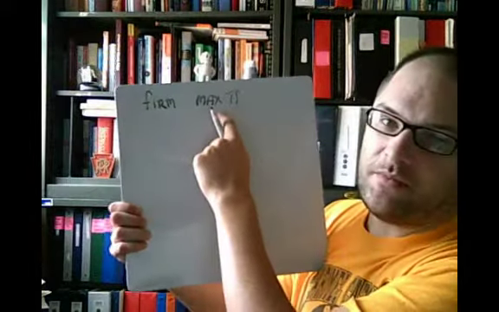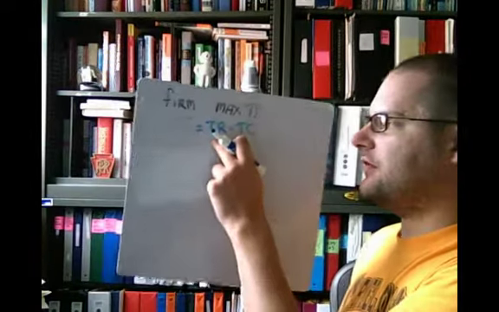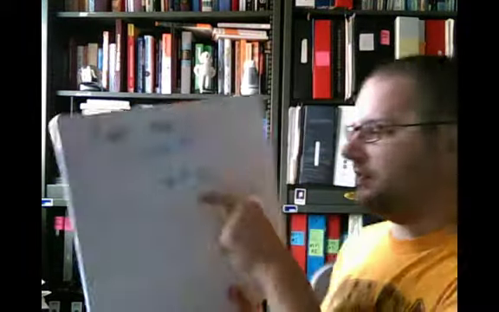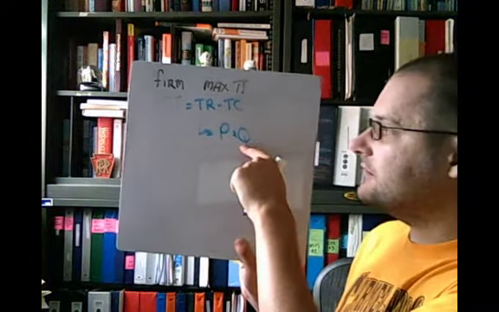So if firms exist, now I'm going to write my profit as the pi symbol, and you'll see that quite often. If firms exist to maximize profit, then firms would exist to have the difference between the total revenue and the total cost, that difference, the profits, be maximized, where total revenue is simply the price of the good times the quantity of the good,